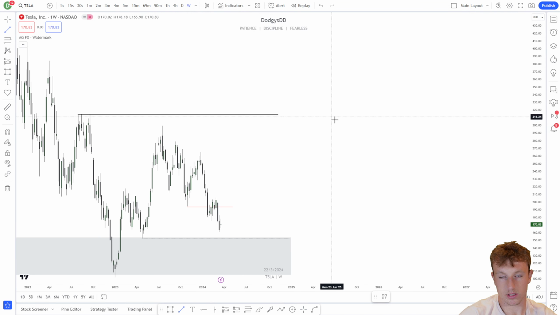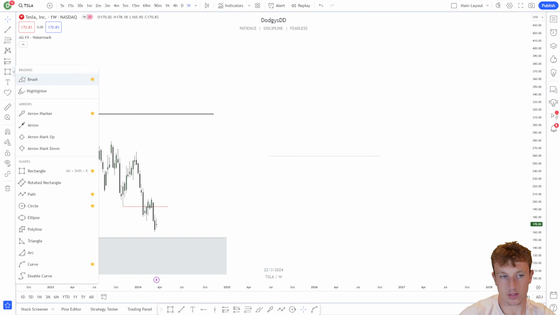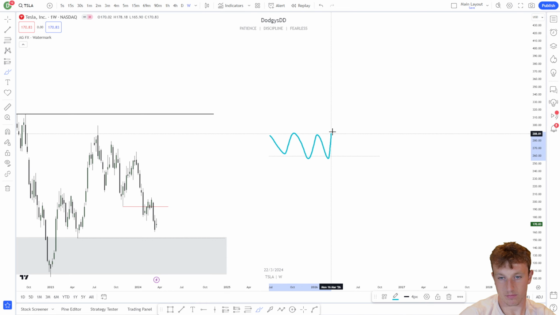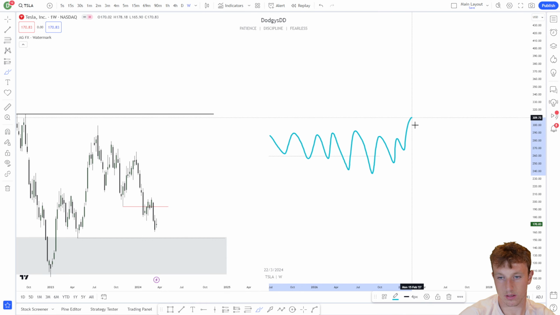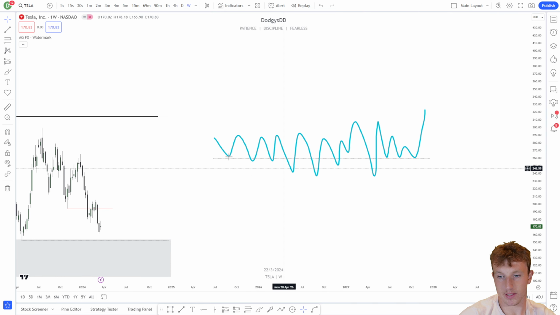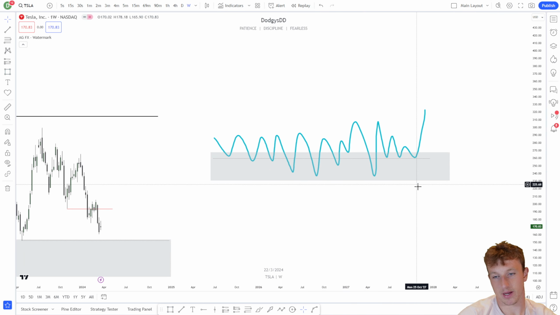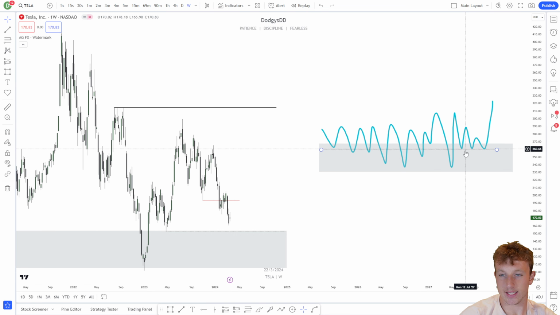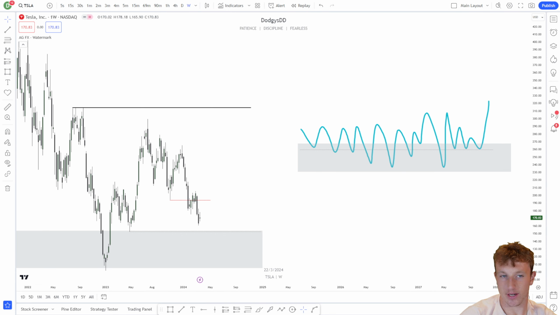Again, we know a support line is where price bounces off of a lot. But what if we do this? What if it kind of breaks the line? Well, it may still be support. It's just more of a zone of support. And that's what I hate about supply and demand. You are guessing, you don't have a precise entry. When you start learning ICT and what I'm going to teach you later in the bootcamp, you're going to understand why supply and demand is so much more difficult than